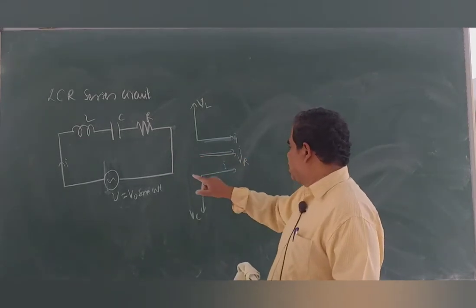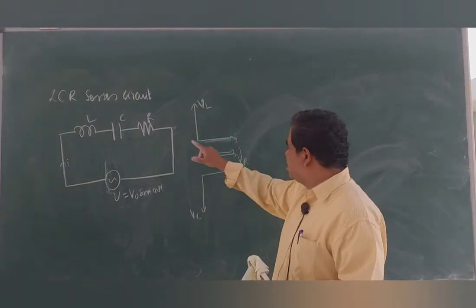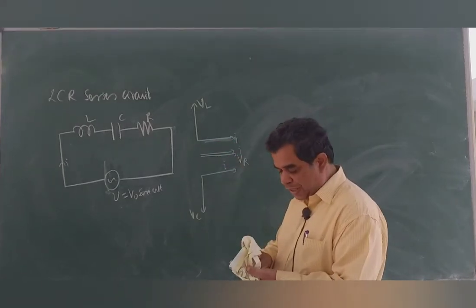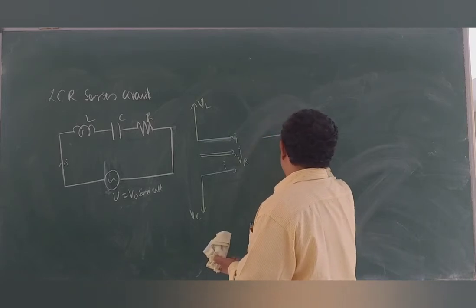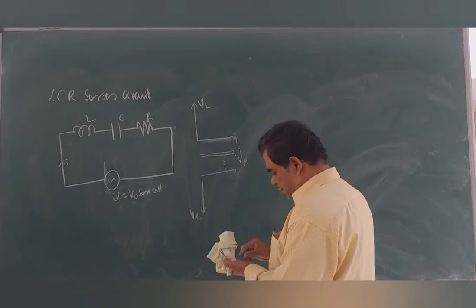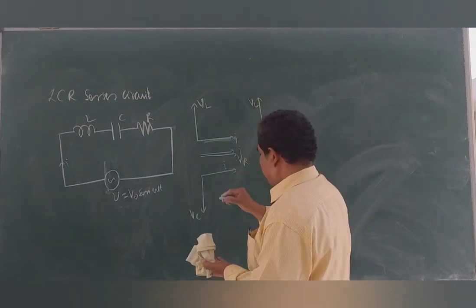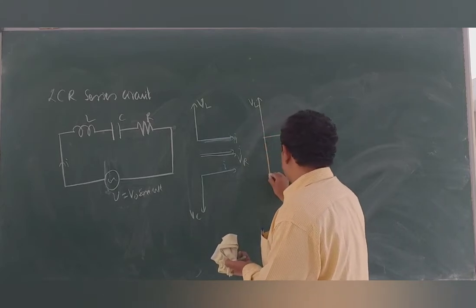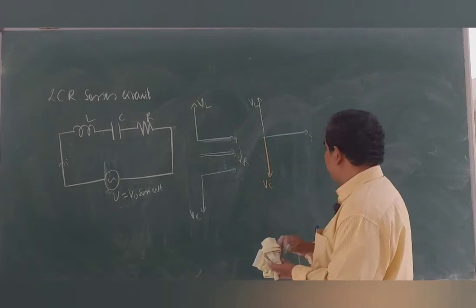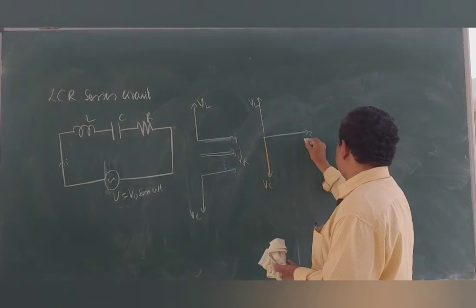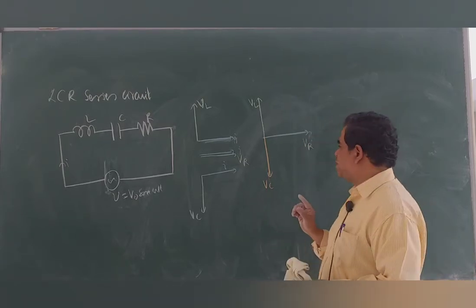And in case of capacitance, current leads the voltage. All the three are written. But as they are in series, the currents are the same. So we can write a single diagram here by writing current like this, I, where VR is also there. Now we write VL over here and VC at around the bottom. So VR is here. We write, if you want, VR also on this line. But that is, say, VR. VR and I are in the same phase.